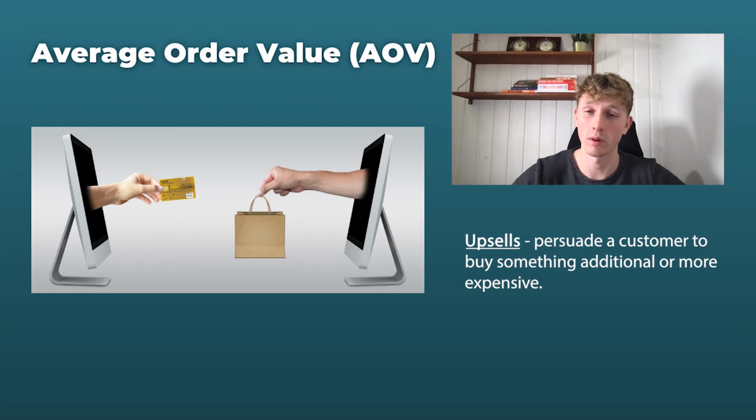Then you can have a little pop-up or something that shows, do you want to add a tripod to your order? And then most likely, since they buy a camera, they probably also want to have a tripod. And of course, this tripod has to be something that goes with the product, like it fits the product and it can be used together. But yeah, that's one way you can increase average order value.